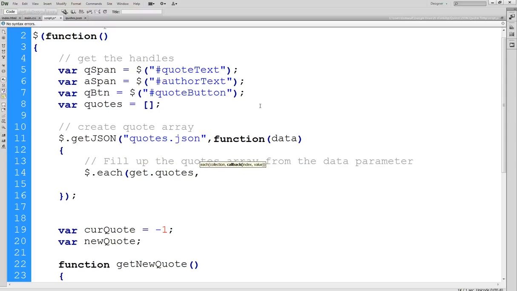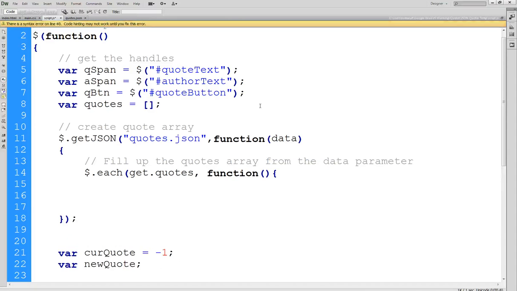Oops. And then here's my function. It's kind of interesting. This tends to be sort of like functional programming, where you have a lot of anonymous inline functions here. So again, this function is going to end here, and then we need, let's see, and then I think a semicolon. Okay, that looks pretty good. Alright, so for each get quotes function,